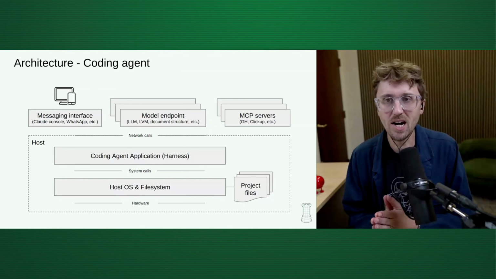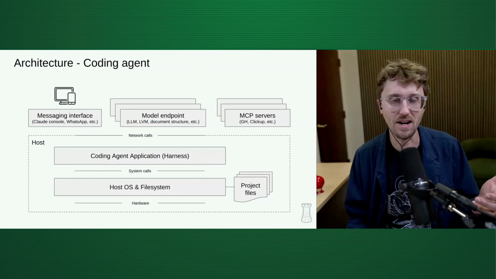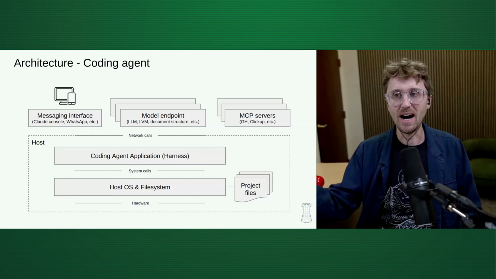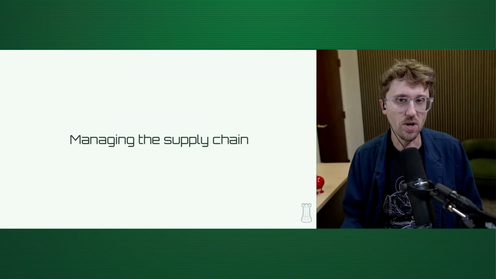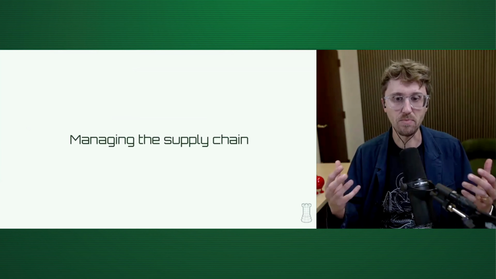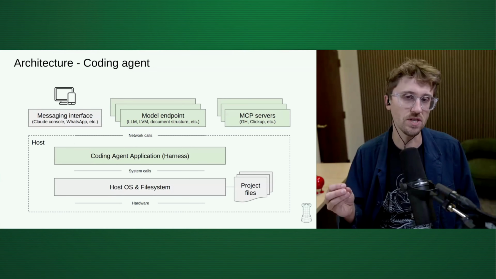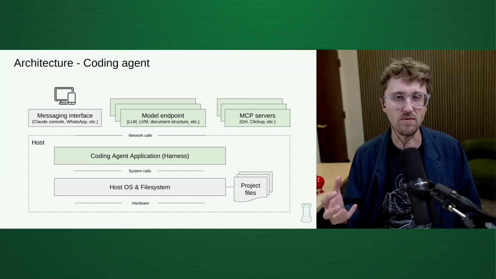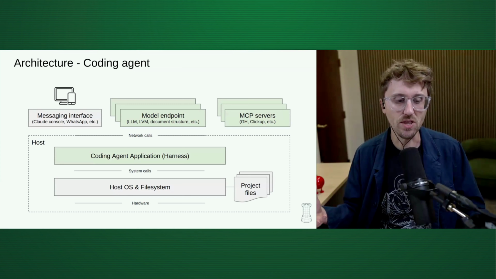Okay, so let's talk about, given this picture, given this architecture, how do we need to think about governance of these coding agents, especially as they get to higher and higher levels of autonomy? The first thing that we want to do is manage the supply chain associated with these coding agents, which is really having to do with that agent harness. It's having to do with these model endpoints, the MCP servers. This is almost like the set of components that your coding agent relies on.